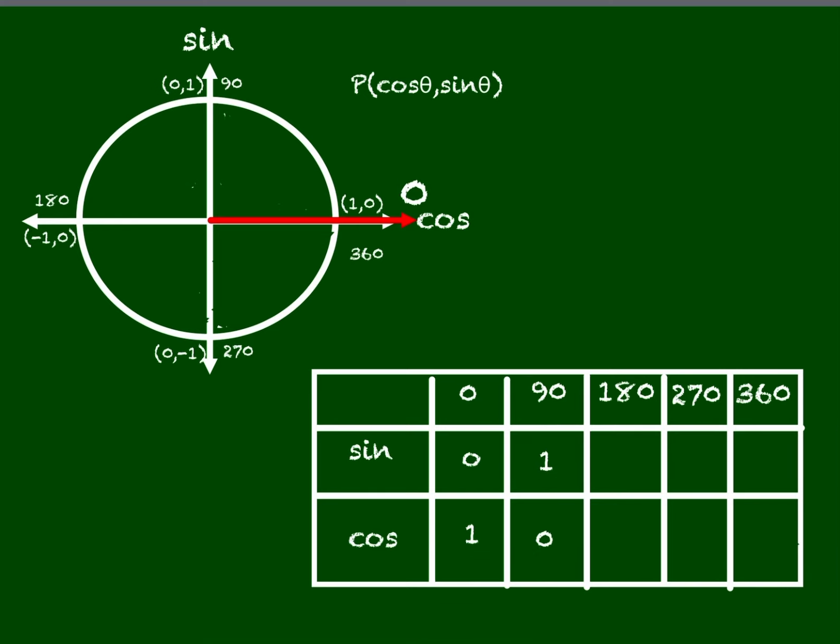If you continue like that, for example cosine 180, what is the x component? Negative 1. So you will figure out all the important degrees, sine and cosine,